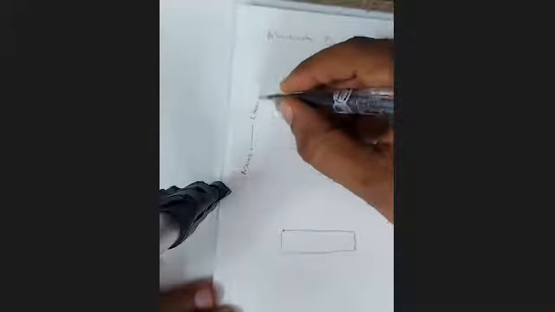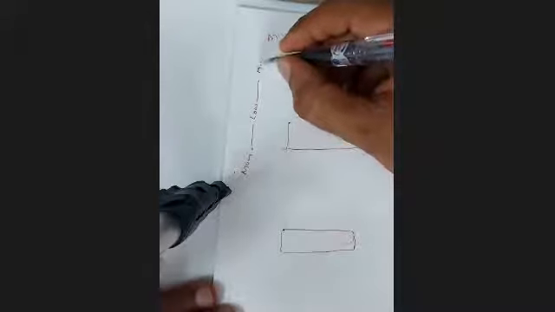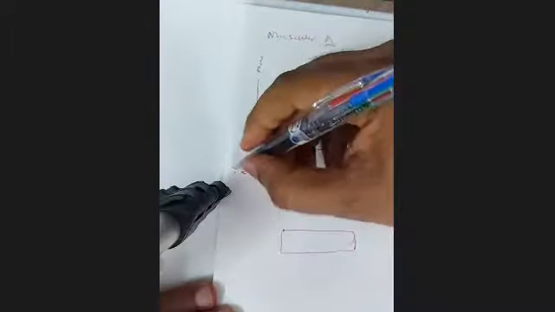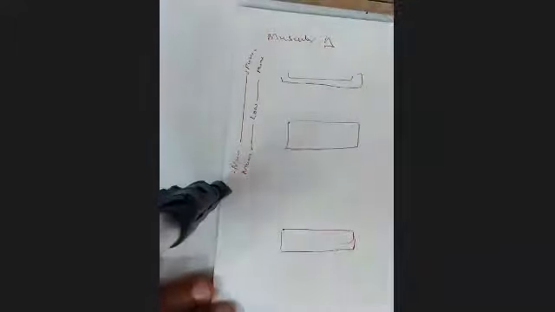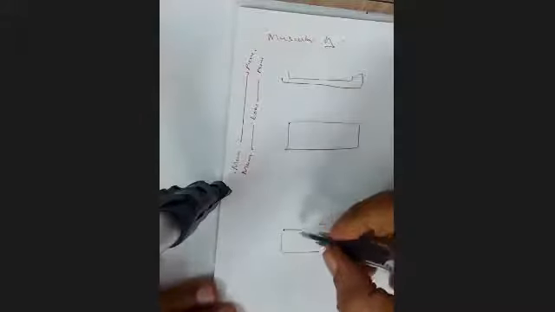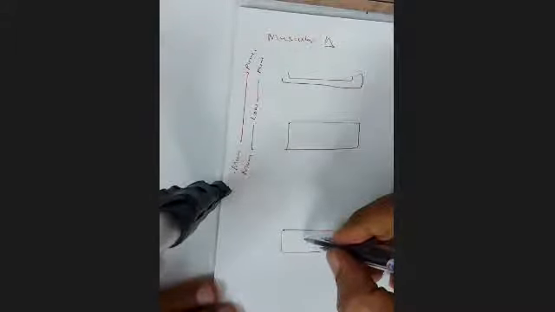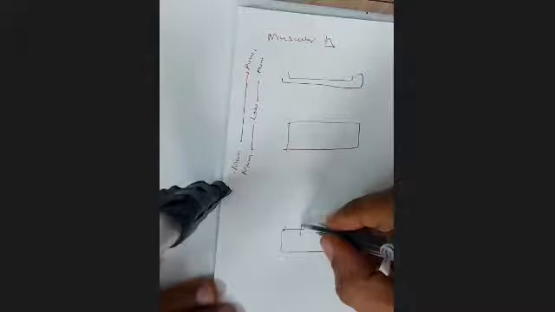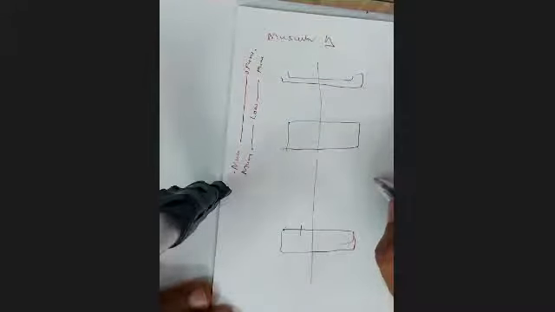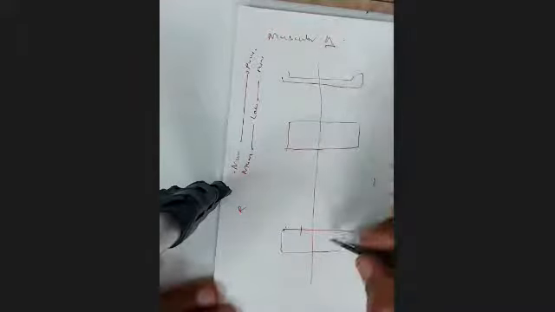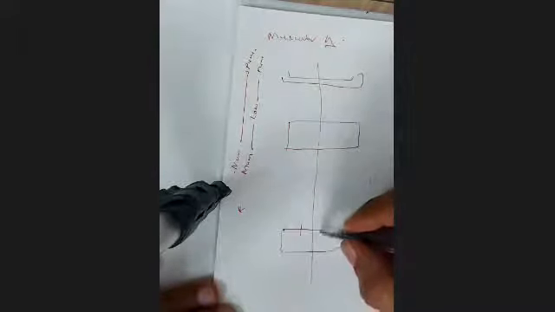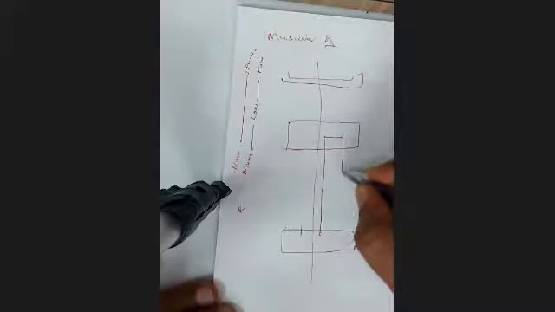Previously, before the expressway started, we used to go from Mumbai to Lonavala. We used to have a break at Lonavala and then we used to go to Pune. Now the expressway has started, nobody stops at Lonavala, they go directly to Pune. The reason I'm telling you this is there are muscles now of these names. Suppose this is the midline and this is the left side, this is the right side. I'll draw the deep structures here. So previously when there was no expressway, we used to go from Bombay to Pune.